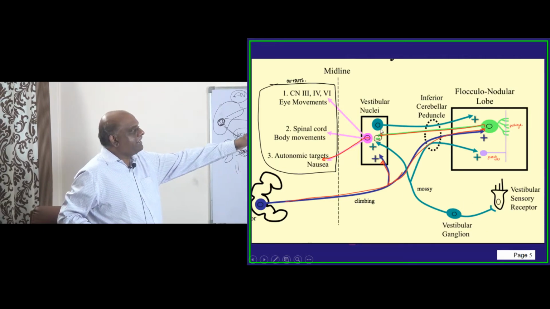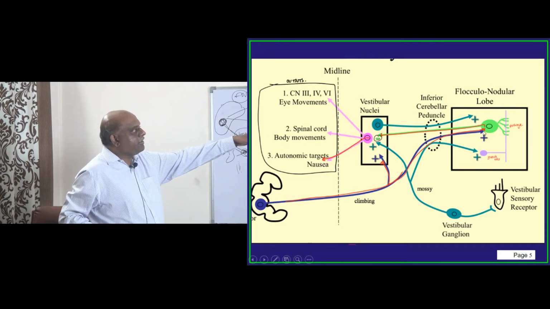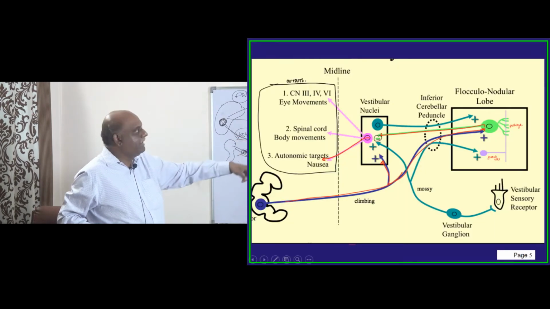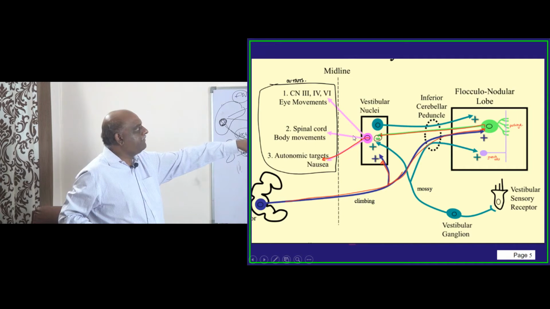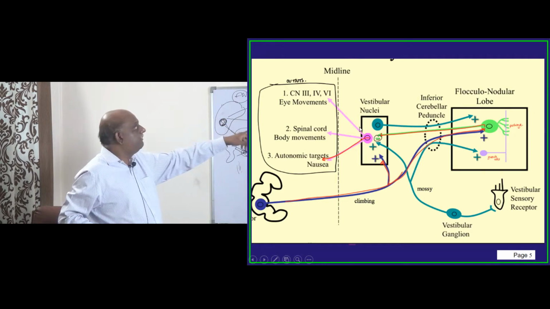Whatever information they are getting, they are sending it to the flocculo-nodular lobe. Once more, the Purkinje cells process them, and they send back the information to the vestibular nucleus. And this vestibular nucleus has a connection with the cranial nerves 3, 4 and 6 which are controlling the